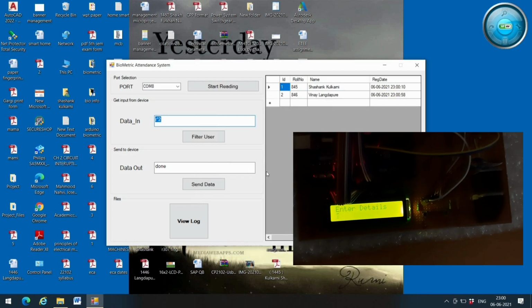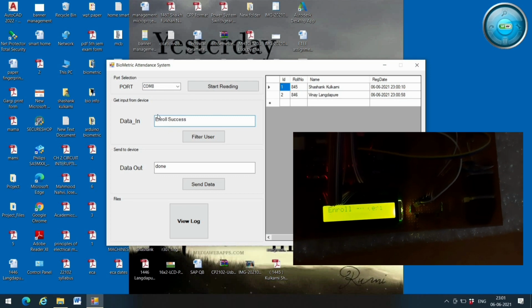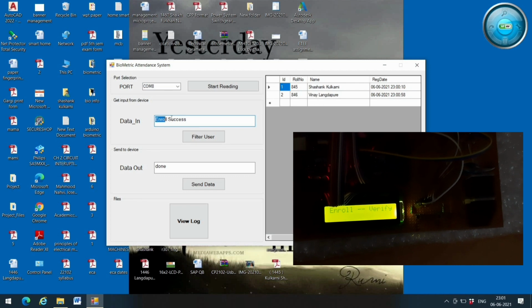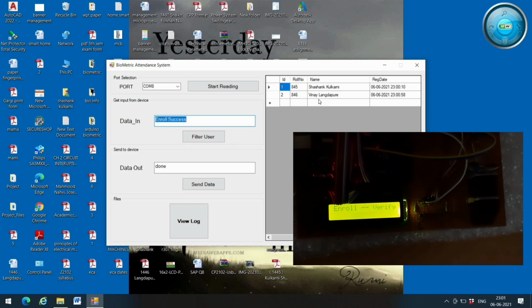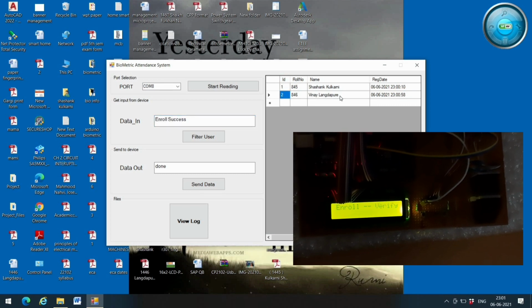Click on save. This message clearly says enroll success, and you can see that ID 1 and ID 2 are registered in this attendance system.